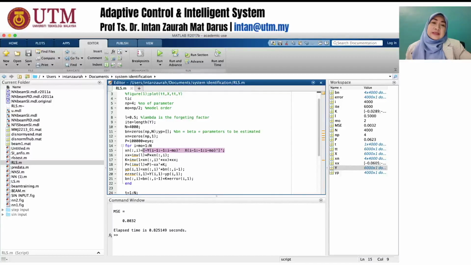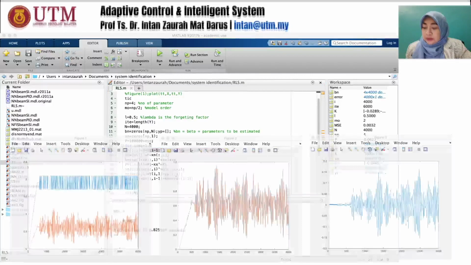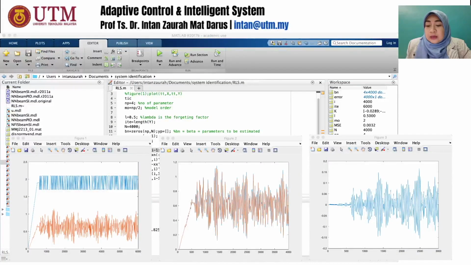Okay, so this is how you do it with recursive least square. Let's have a look at how that looks in your figure just now. Okay, so the figure of your system is like that. Again, the prediction is not as good as least square, but it is actually mimicking the real system. So this is why recursive least square is most of the time more desirable compared to least square. Okay, all right, that will be all for